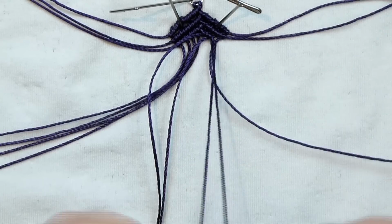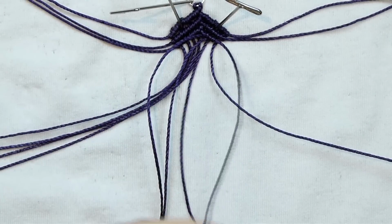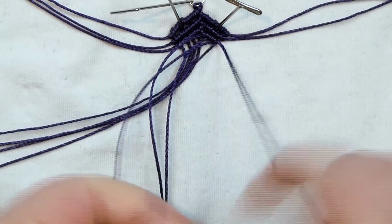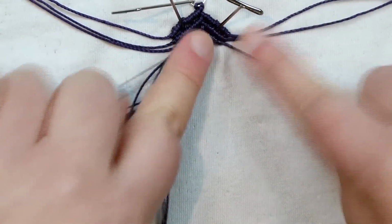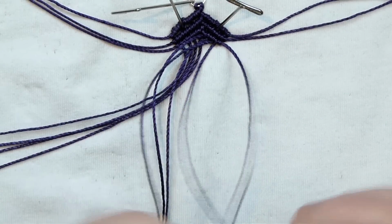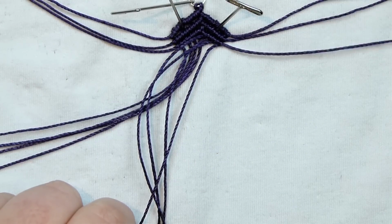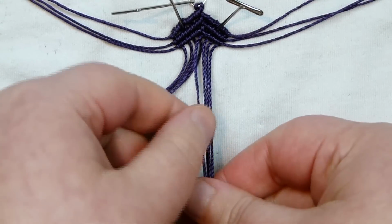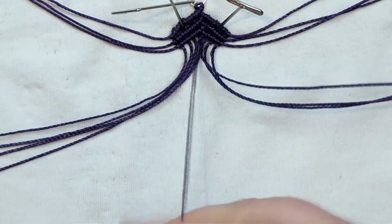Grab the next one. Making your double half hitches, working your way outward. And the last one on this row. And there we go. And again we've ended up with this holding cord that we put out to the side with the other two previous ones. And then basically we want to keep doing this, so we're now just repeating and repeating, except every